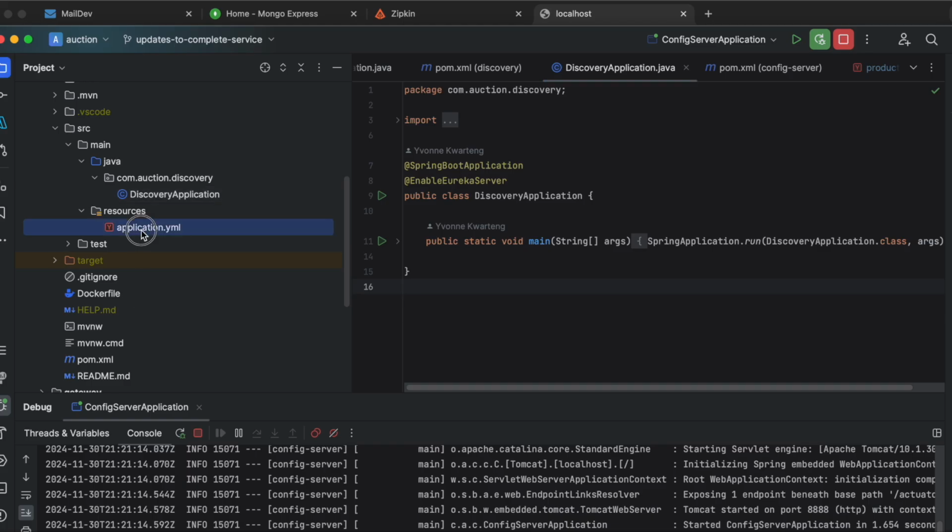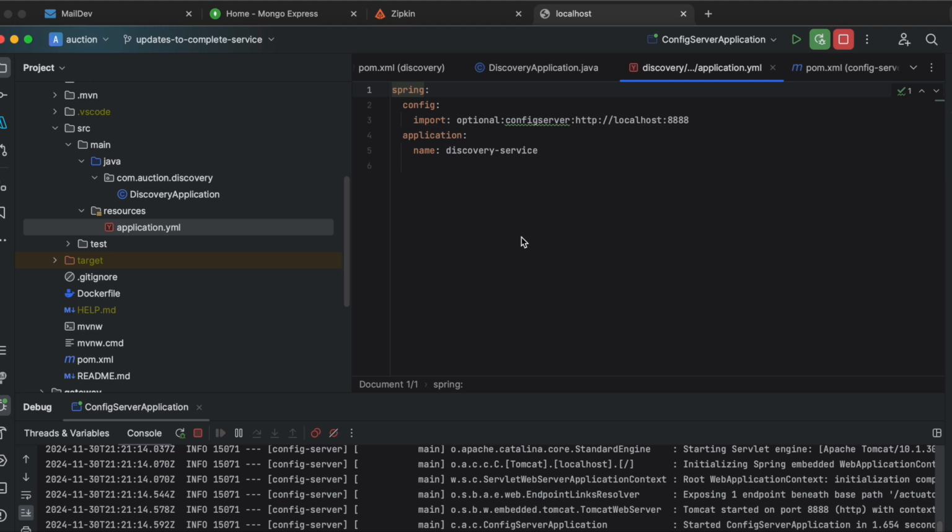And the application.yml file, this is what you have for the applications.yml file, exactly like this. So you want to pause this and write it down. So it's Spring config import optional config server http://localhost 888. Remember, that is the port we set up in the main config, which we will take a look at again,